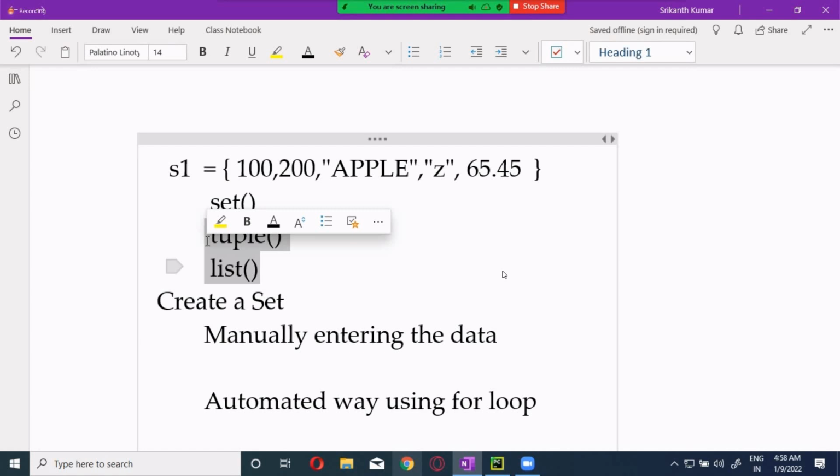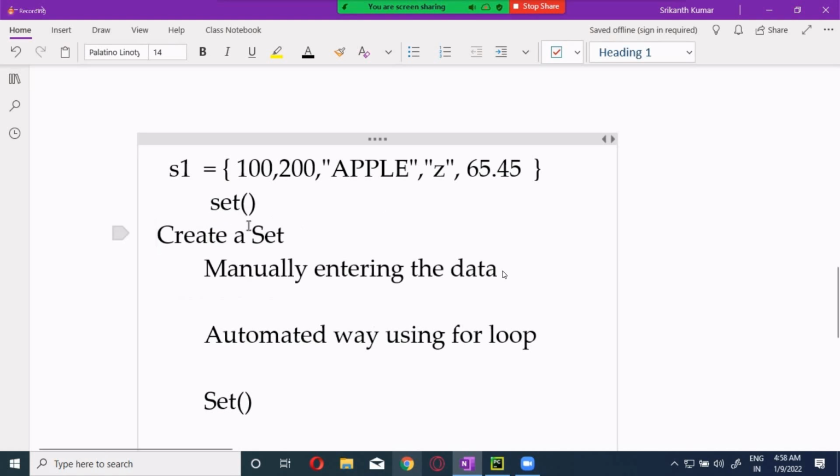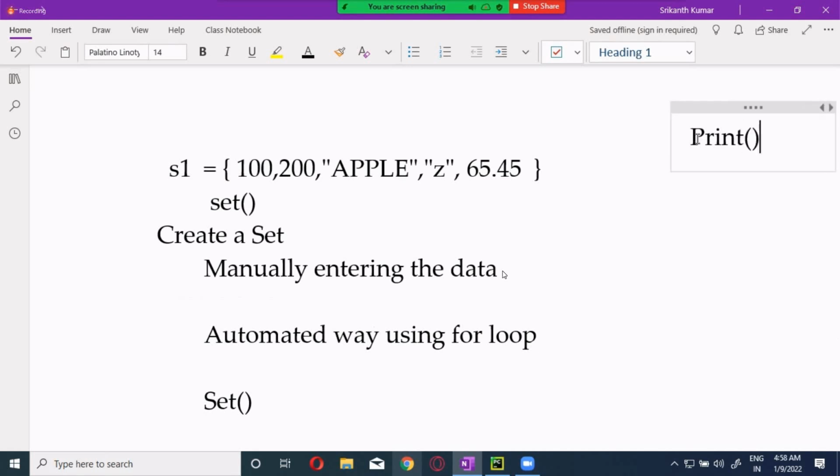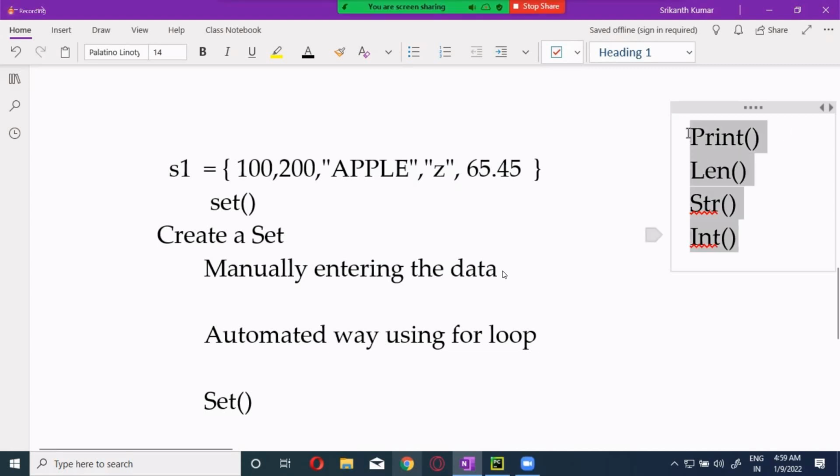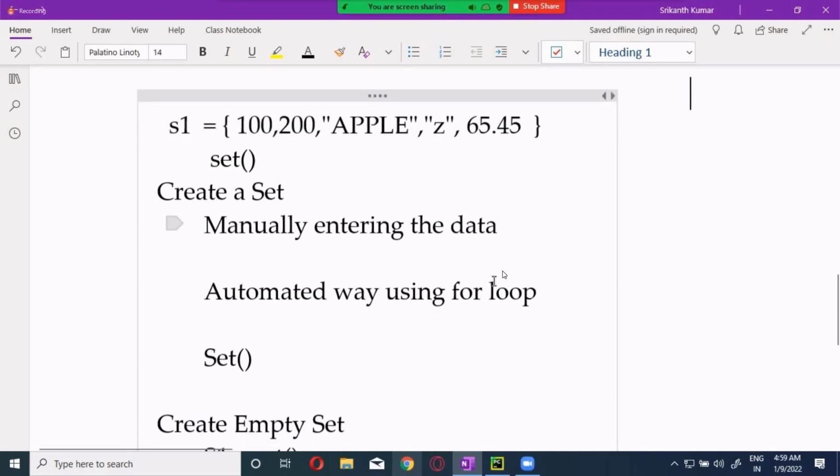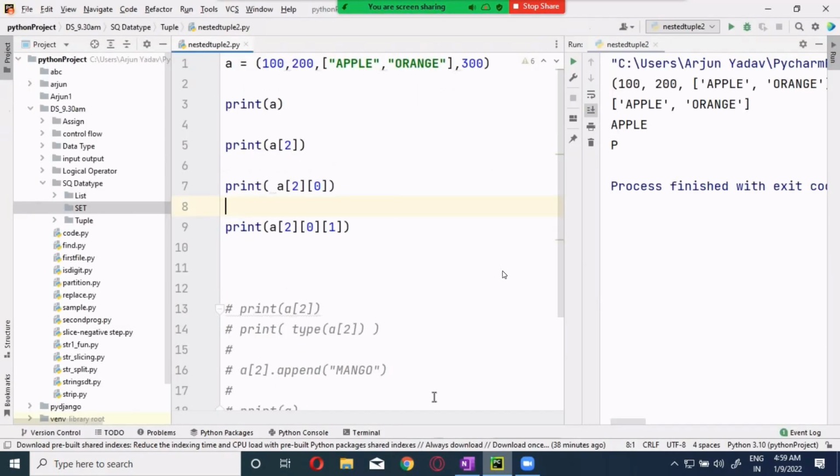Okay, so you will be seeing this in detail. If you see the print function, how you have print, list, length, string, int, got it? Hope we should get it now. For all the functions you call, you have to use the parenthesis. Okay, remember that. Okay guys, now let's jump into the set.